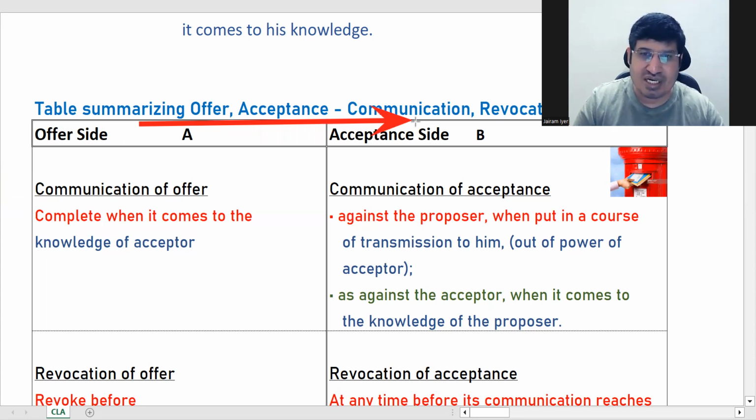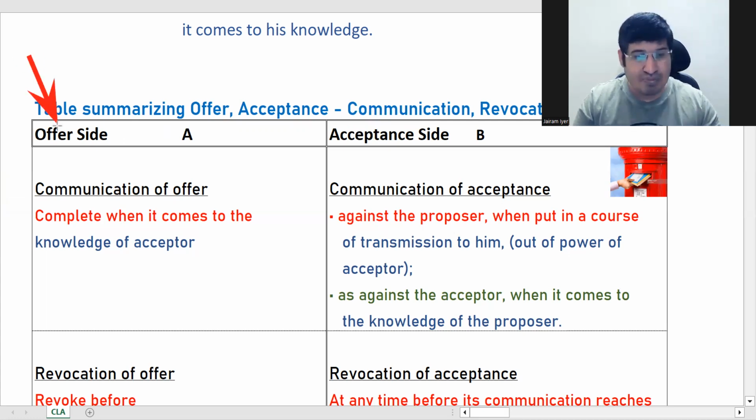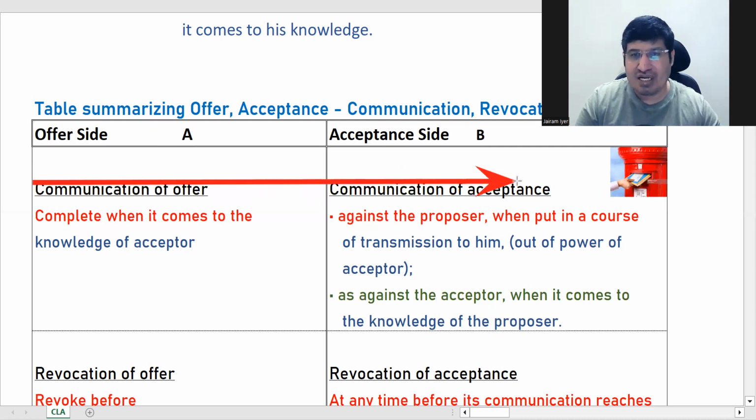इसके पास आ गया, इसने सुन लिया, तो हो गया कम्युनिकेशन। लेकिन जब एक्सेप्टेंस हो जाता है, तो एक्सेप्टर के पहले एक पार्टी है ऑलरेडी, इसलिए फ्रॉम पॉइंट ऑफ बोथ ऑफ देम देखना है। ओके, सो फर्स्ट कम्युनिकेशन ऑफ एक्सेप्टेंस इज कंप्लीट एज अगेंस्ट द प्रपोजर एंड एक्सेप्टर, अलग अलग। अगेंस्ट द प्रपोजर कब कंप्लीट होगा? व्हेन इट इज पुट इन अ कोर्स ऑफ ट्रांसमिशन टू बी आउट ऑफ पावर ऑफ द एक्सेप्टर, यानी जो मैंने अभी बताया था, इसने इसको कम्युनिकेट कर दिया, इसने बोला ओके, एंड ही हैज पोस्टेड इट इन अ पोस्ट बॉक्स,